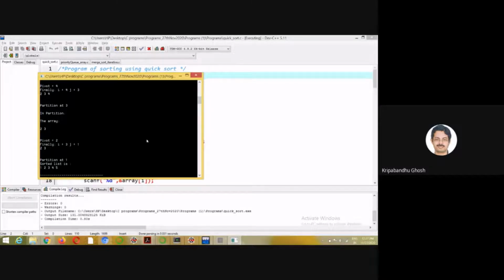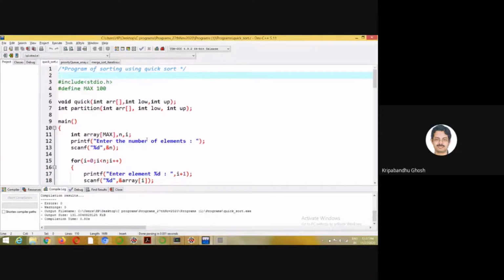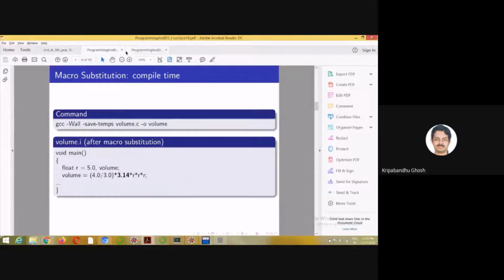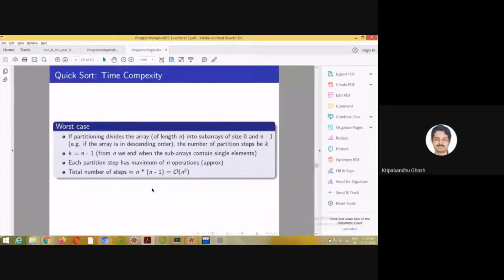So you see that each time the subarray is decrementing by size 1, because every time either the left subarray or the right subarray is of size 0, because it is sorted in decreasing order. If you run this algorithm, you will see.